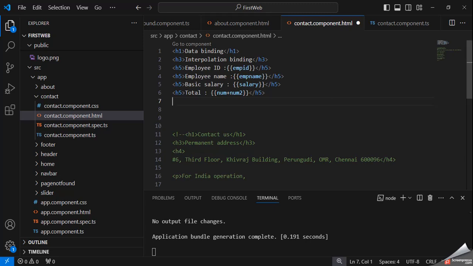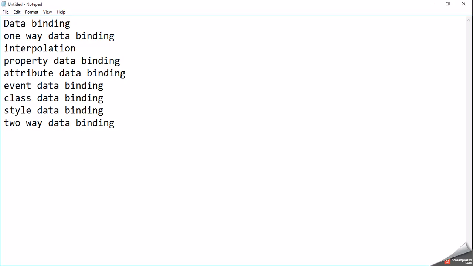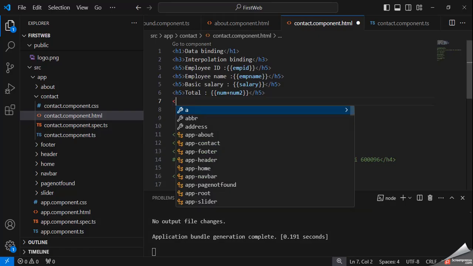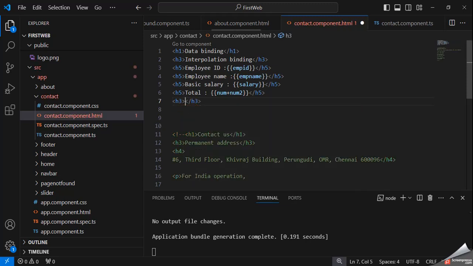After that, suppose we want to perform property binding. So for this purpose, h3, property binding.